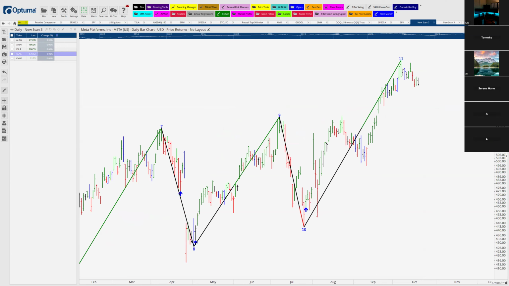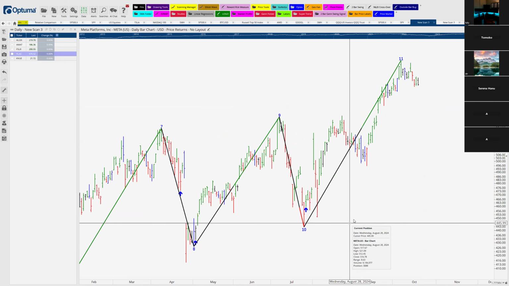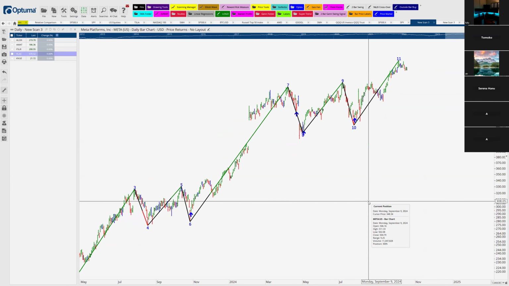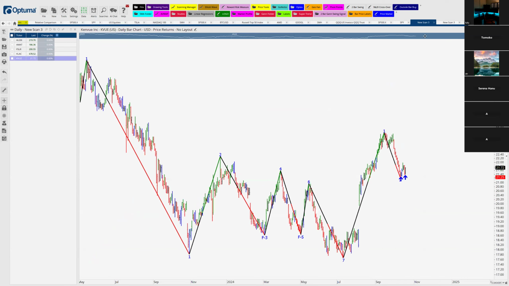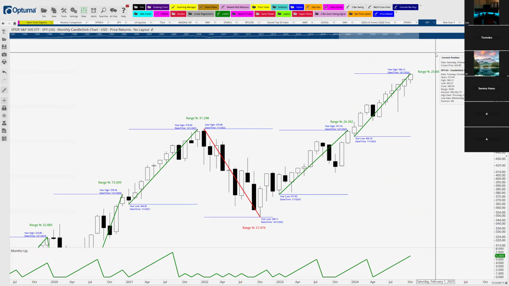But again, nobody can time these moves, so you've got to be a little cautious. For me personally, when I trade, I watch these things, especially on a daily basis. So I kind of know which swings and which stocks are starting to go up and up on higher counts. And I know that the higher the counts get, it has a very good chance that it's going to get hit hard. I've showed you a couple of these names, and I can show you hundreds more. The higher the swing is, it has a very, very good chance that